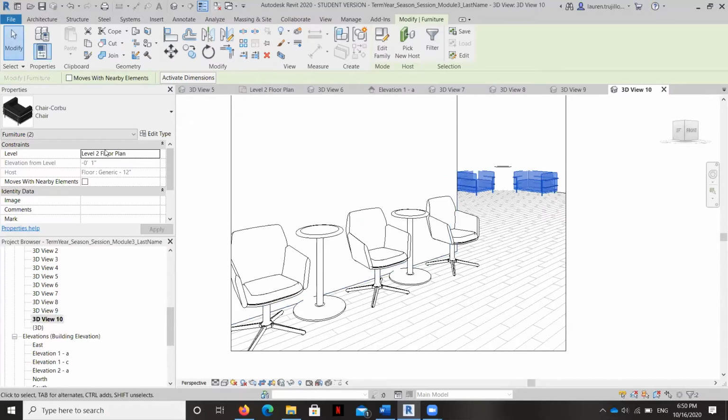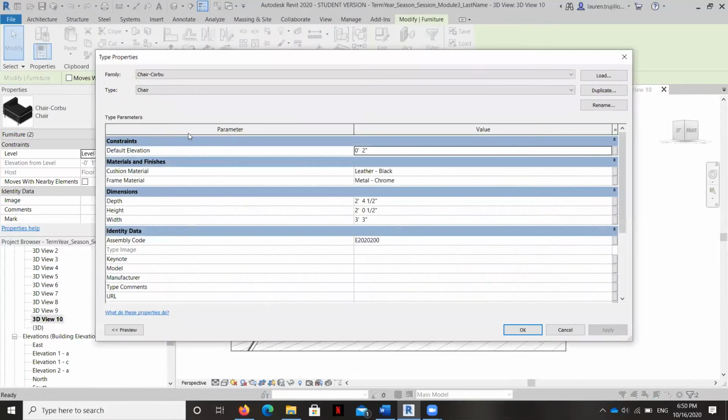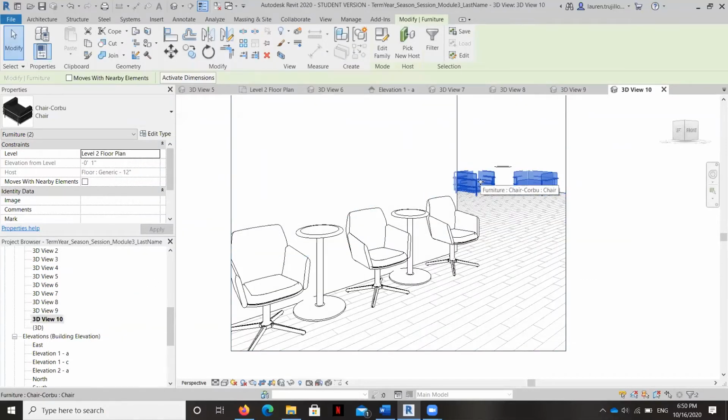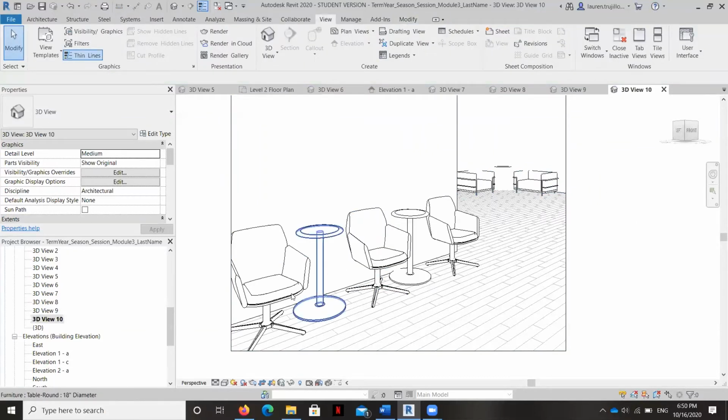Okay? These ones were giving me a little bit of trouble earlier, and they are not letting me move them at all. And even if I go to edit type, they're still not letting me. I've changed the default setting on those before. So what I would do with those is just go ahead and delete them and replace them and see if that helps. The problem is that when you go for this option of the very realistic furniture, or pardon me, floor finishes that affect the structure, it does tend to confuse everything else that's related to those subfloors.